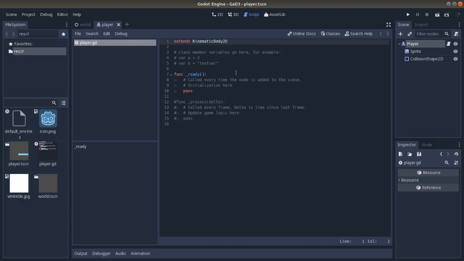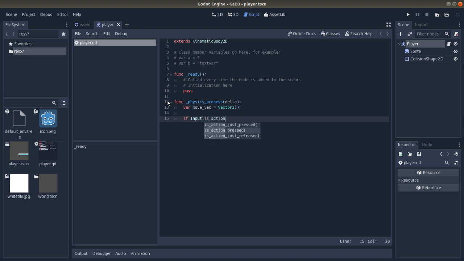So create physics process, what I want. Func physics process delta. Let's see, move vector equals Vector2, and input, if Input.is_action_pressed, move up, then move_vec.y plus equals 1, and select that, copy that 3 times,